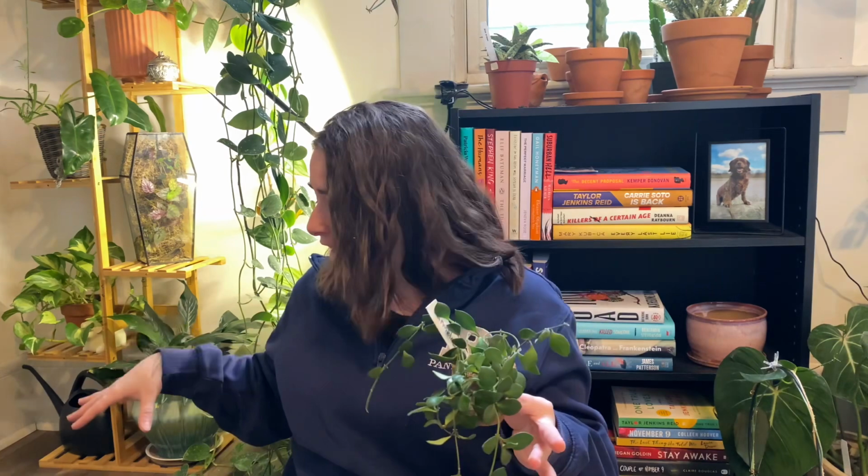Maybe one of them that I'm going to show you next, but these ones are really nice to hang, and the leaves don't tend to get smaller. These vines aren't really trying to find anything to wrap around, although they would love it. All Hoya would love to climb. Most of them, maybe not like a linearis or something along those lines, but most Hoya are going to want to climb. But there are some Hoya that just naturally do okay when they're hanging, and I personally love those Hoya. I wish all my Hoya could hang,